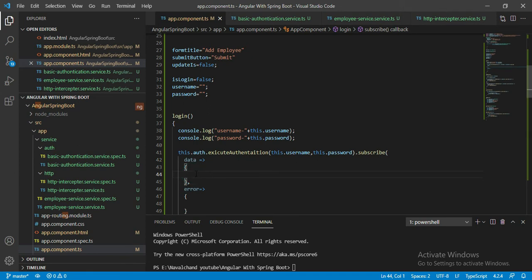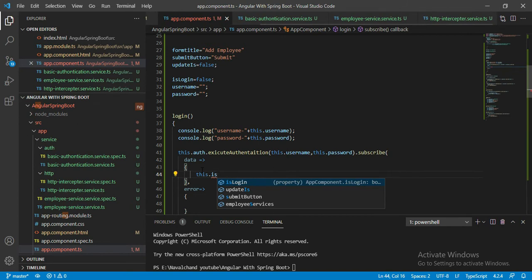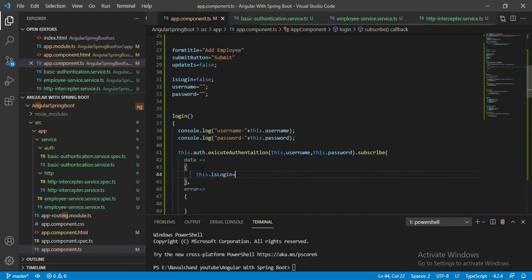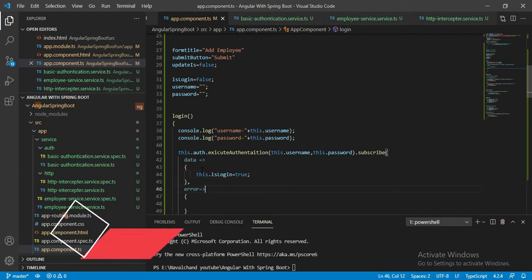I'll add the error like this, with a comma. When the login is successful, then we have to make isLogin true. I will simply add this.isLogin equal to true.